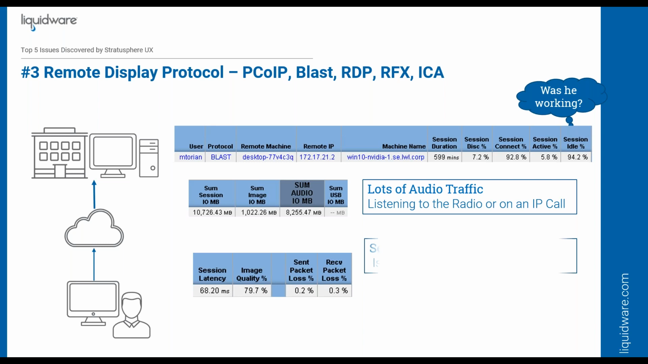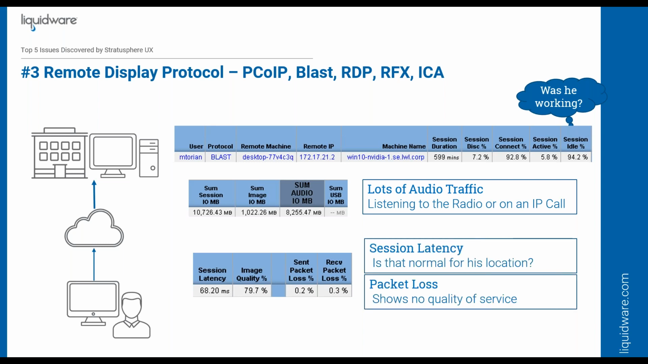Image quality, session latency, packet loss, all of these allow me to tune that configuration. PC over IP, I've been doing it for years. BLAST just came out with a really good tuning guide about 1.5 years ago. ICA, honestly, most people don't mess with it. It just sits there and does a perfect job. The latest versions of RFX from Microsoft have really stepped up their game, but still being able to monitor this